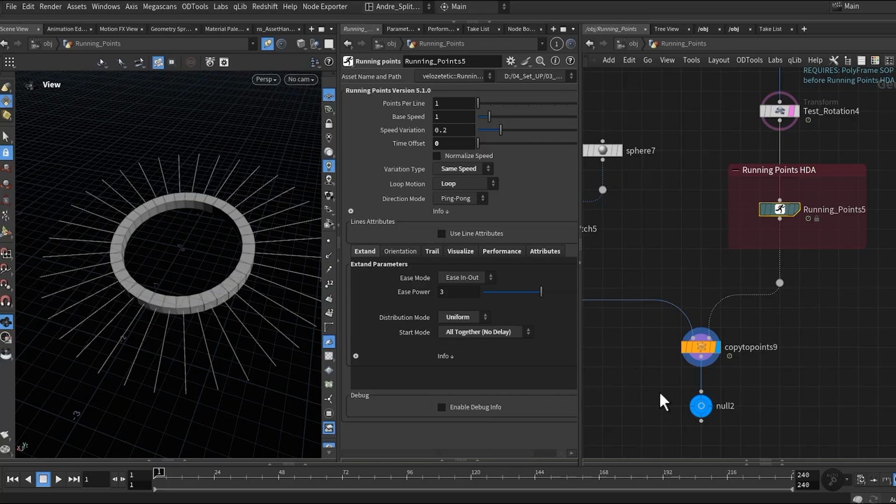Distribution mode. Here's where you control how points are initially spread along the curve. With uniform, the points are spaced evenly at regular intervals. Random scatters them in a more chaotic way.